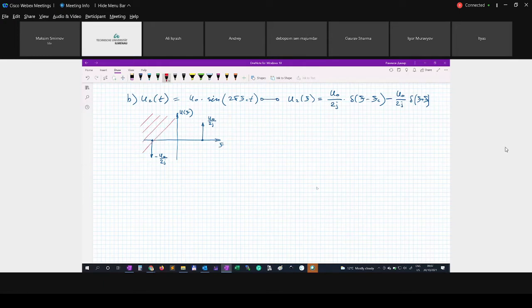I just remove all components in negative range. And I repeat the same plot, but without negative frequencies. So now I have only one component, a delta pulse at frequency Fc with magnitude U0 over 2j. Okay, fine. And the next step that we're going to do, we're going to shift our delta pulse by the frequency